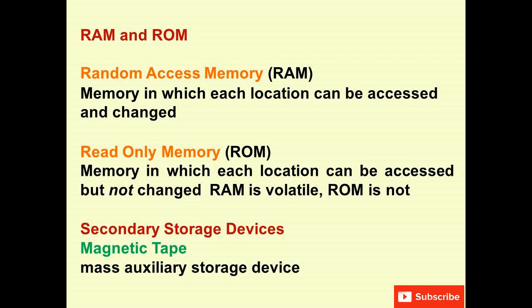RAM is a volatile memory. That means that as long as the power is supplied, it will retain the data in it. But as soon as the electricity goes off, all the data and content will be deleted forever. RAM is the read-write memory. It means that we can perform read as well as write operations. Next is ROM. ROM is a non-volatile memory. It means that it is a permanent memory. It does not lose its data.